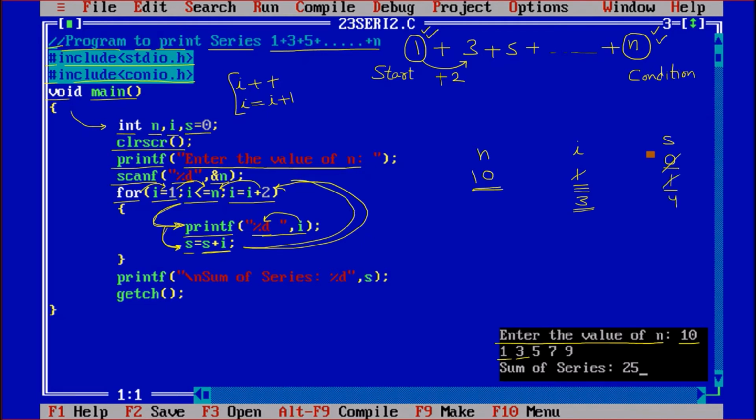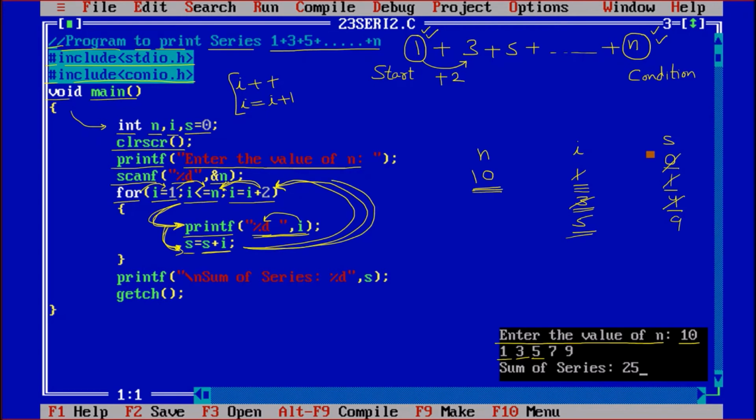Coming back, i = i + 2, so the new value of i is 3 plus 2, that is 5. Checking the condition, i <= n, so 5 <= 10, true. Coming down, printing the value of i, so 5 is printed. Then s = s + i, so 4 plus 5, that is 9.